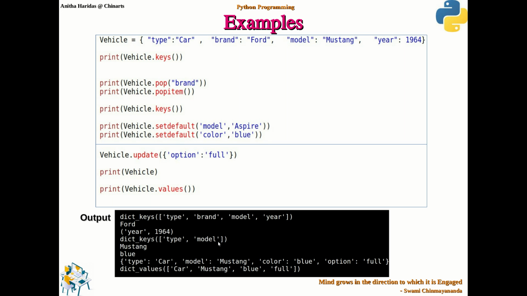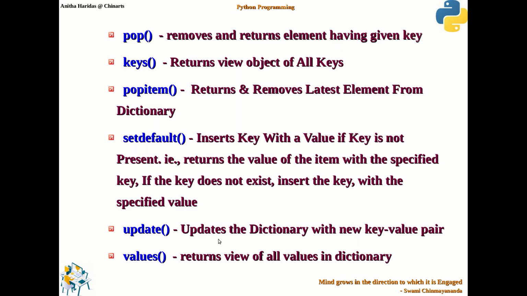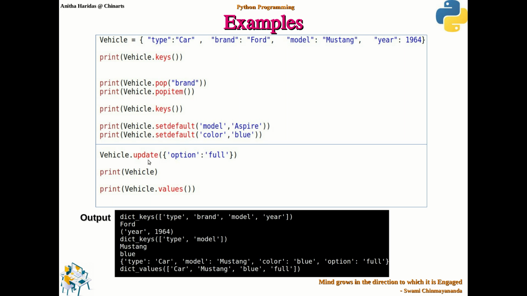Okay. Now another method is the update method. It updates the dictionary with a new key value pair. So I am going to give update and I give dictionary format here, a new key value pair. I want to update the vehicle dictionary with one more key value pair, which is option and full.